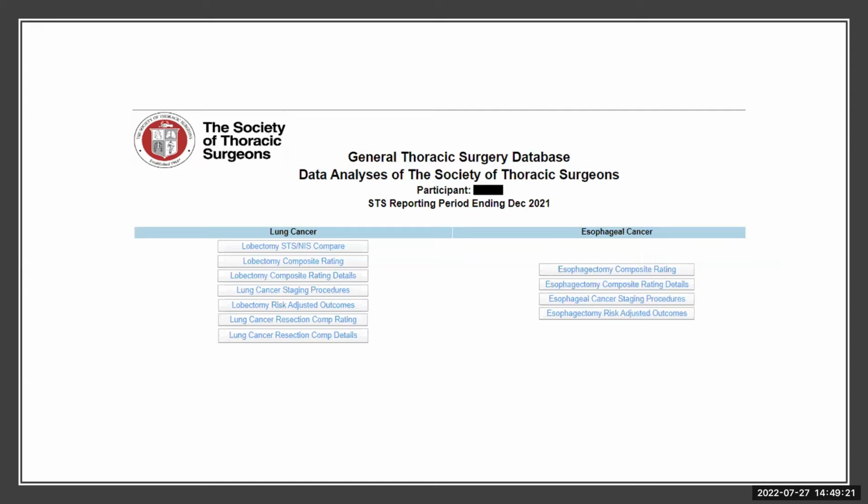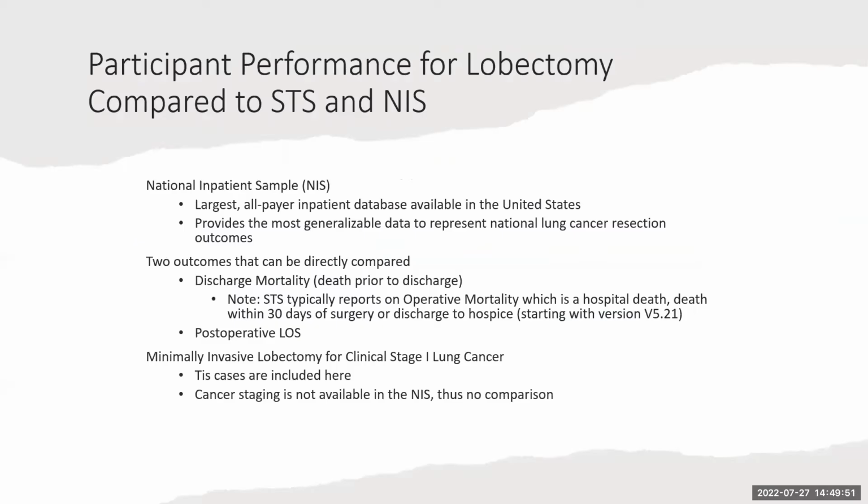And I just want to also mention, when I was creating this, there was no data in the dummy participant dashboard. So what I'm showing you today are just going to be screenshots. And so I apologize that there's no dynamic live reports, but we will work with what we have here. Okay, next slide, please. So first, we're going to start with the participant performance for lobectomy compared to STS and